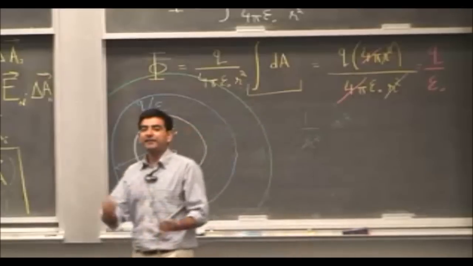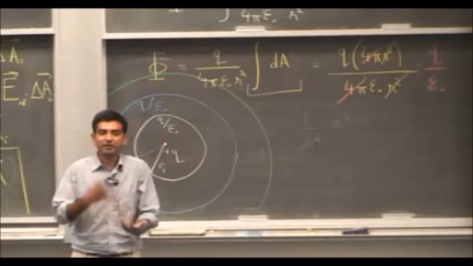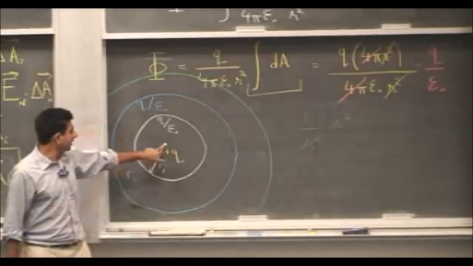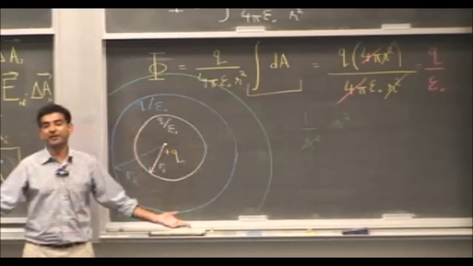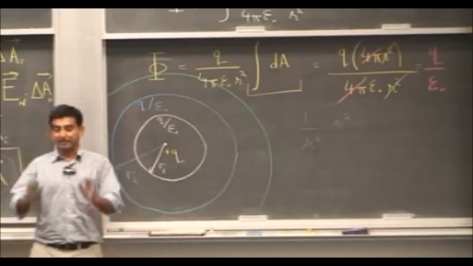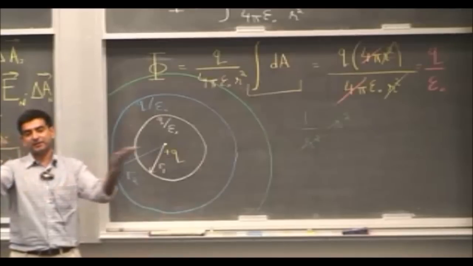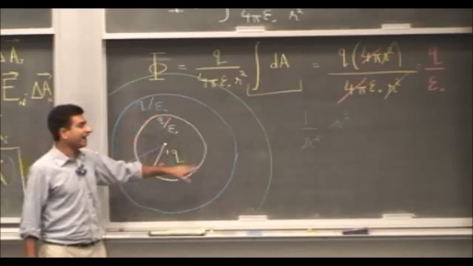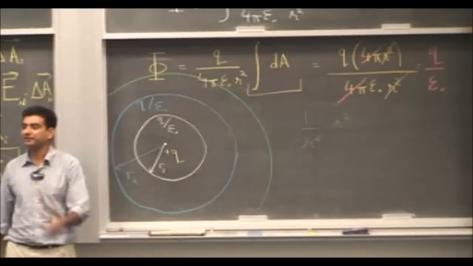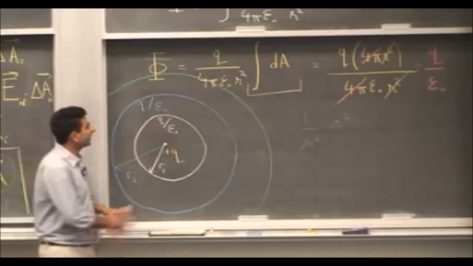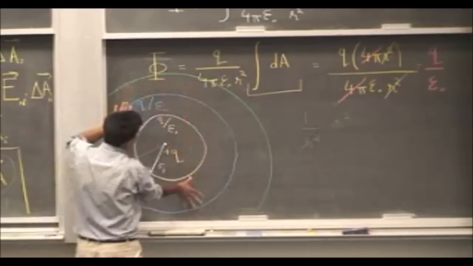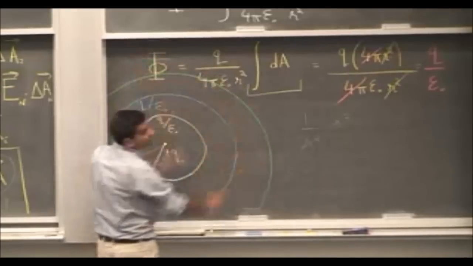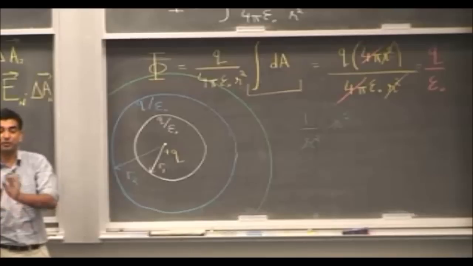Now let's look at an example. If you are very fond of bullets and pistols and arms, suppose this were some kind of shooting range in which bullets were being fired equally in all directions, in other words, in a spherically symmetric fashion. If you stand on this surface and count the number of bullets that pass per unit time through this surface, it's going to be the same as the number of bullets that pass through this blue Gaussian surface per unit time. It's going to be the same as the number that pass through this green Gaussian surface per unit time, if the bullets are moving straight.